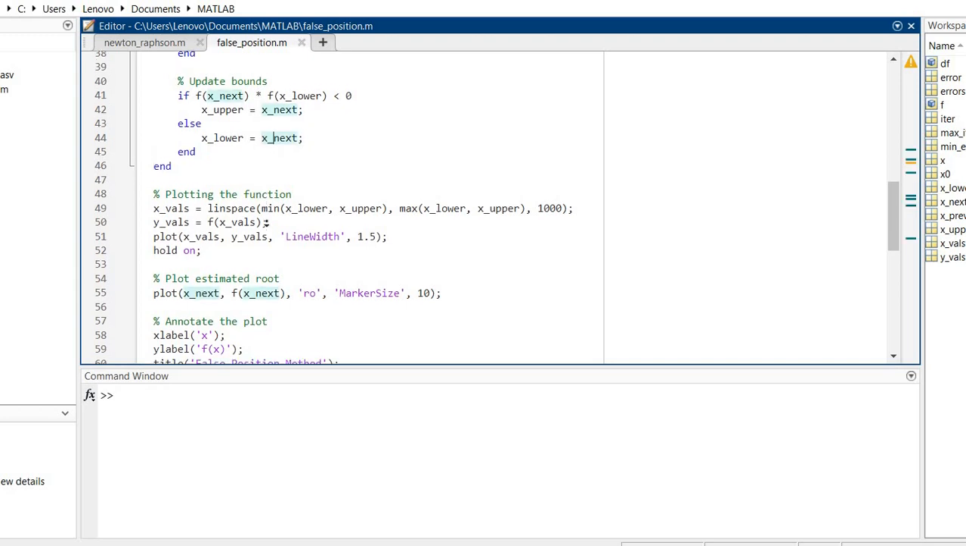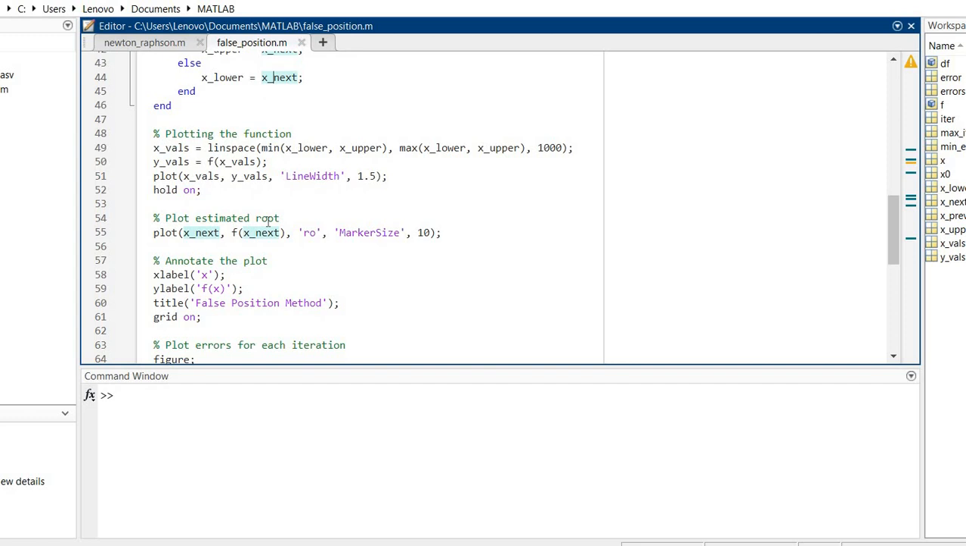And here we are plotting the function. It plots the function, the estimated root and the root against iteration. So here we draw the graphs, x values, y values, and plot. Line width is 1.5, and